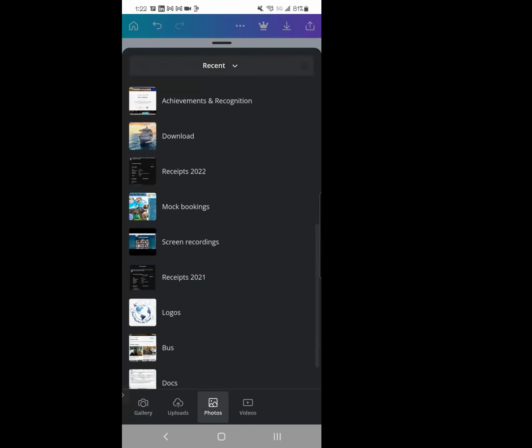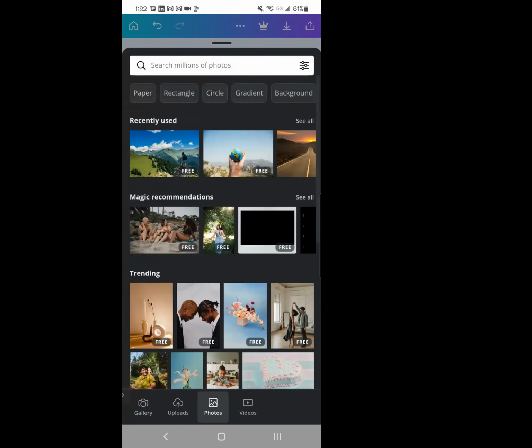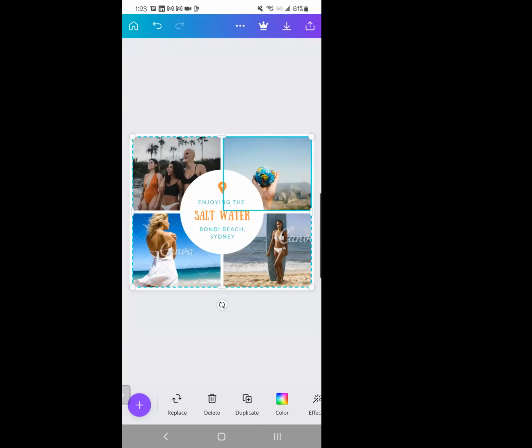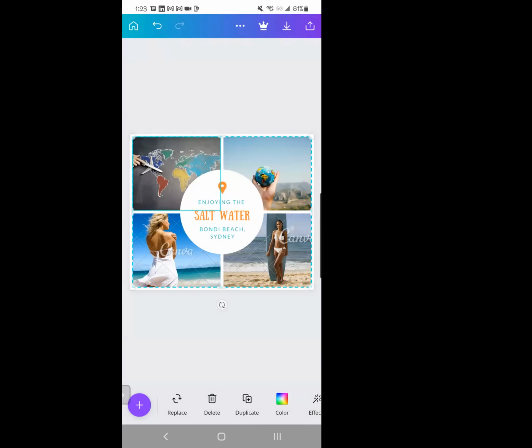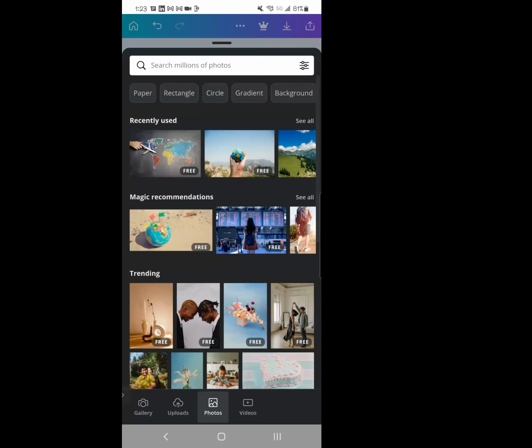And since I don't really have anything on here, we're just going to go to the default photos that Canva provides and say, we'll go with this little person holding a globe here because I don't have pictures of a hotel. We'll go with, say, this picture here because I don't have a picture of a restaurant. Now you want to put stuff in there that's going to speak to your ad. But then right here where you see this little location emblem, you can replace that with, say,